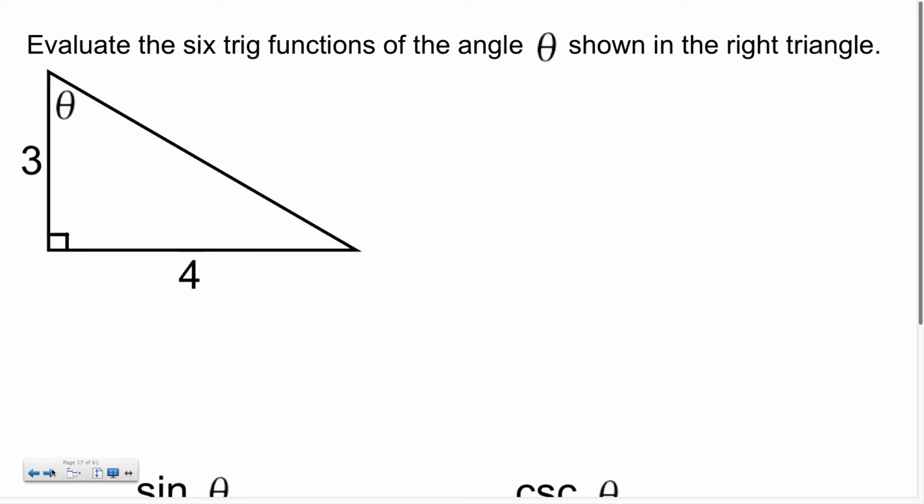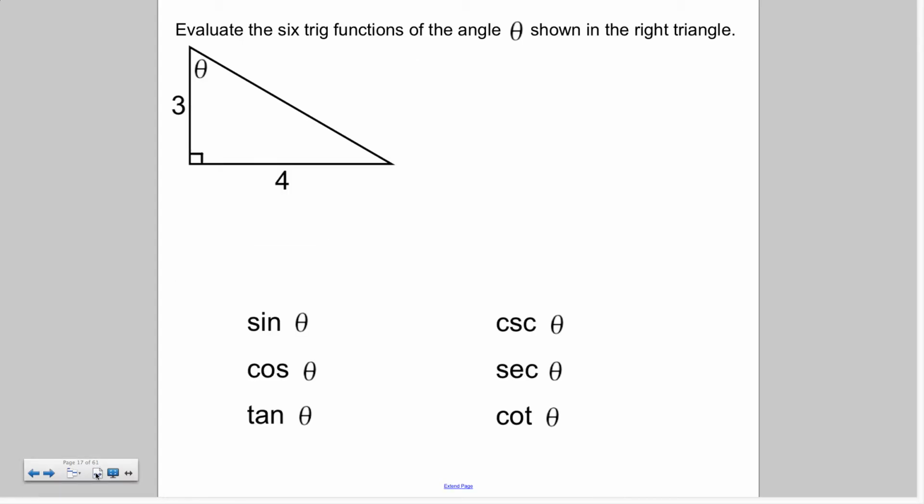Sine, cosine, tangent, so on and so forth. So the first thing we need to do is Pythagorean theorem to find that missing side length. So step 1 is Pythagorean theorem. You've got a leg of 3 and a leg of 4. So when I do my Pythagorean theorem, I get 5